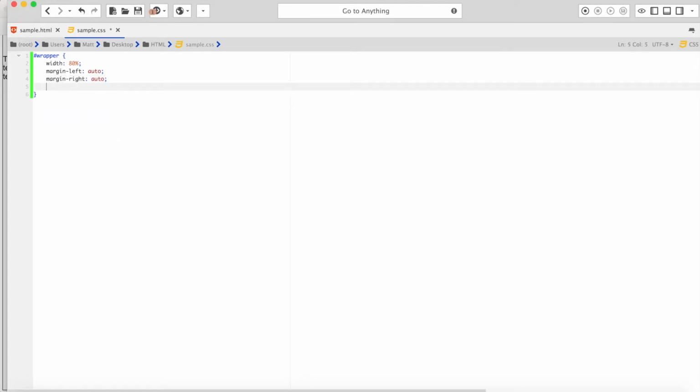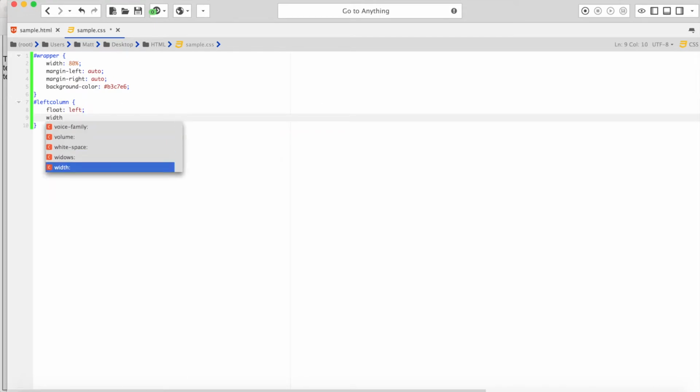And I told you already, auto is a way for the browser to automatically distribute the margin space automatically. So background color, let's go with B3C7E6. Sounds good. Alrighty, and we're gonna go left column, ID, float left, width,